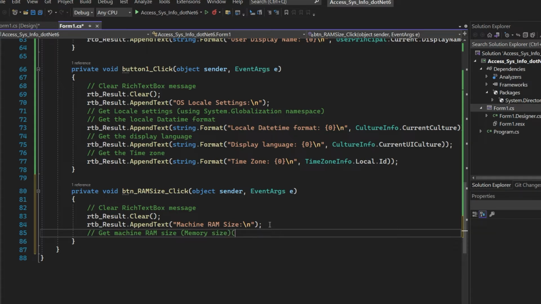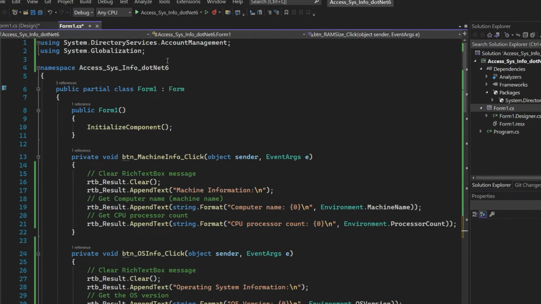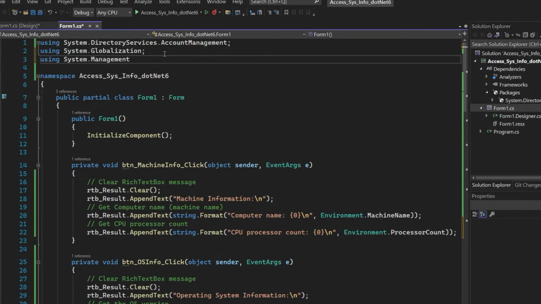We're going to use the system.management namespace. Okay, copy the using system.management, go to the top of the file, and paste it here at the semicolon.